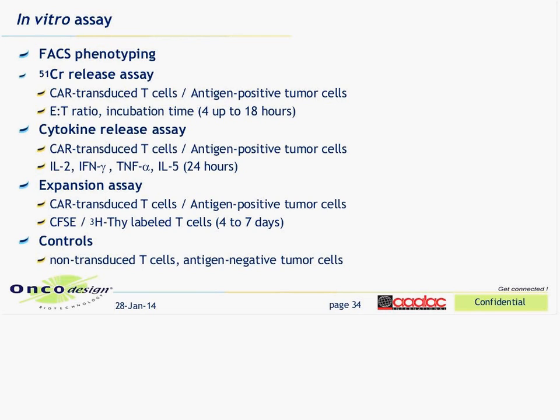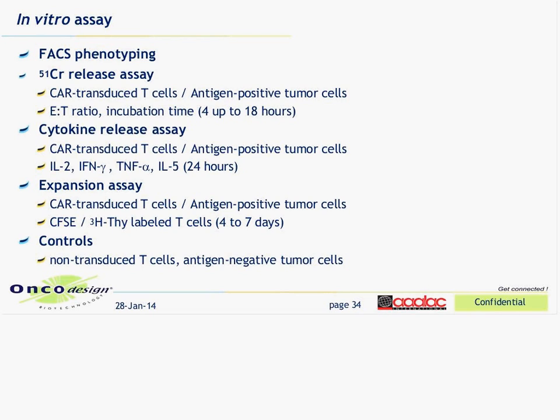So the T cells are able to produce cytotoxicity and specific cytotoxicity against tumor. Do the T cells release cytokine, and what kind of cytokine? And are these T cells able to proliferate in vivo or in vitro? So these three parameters